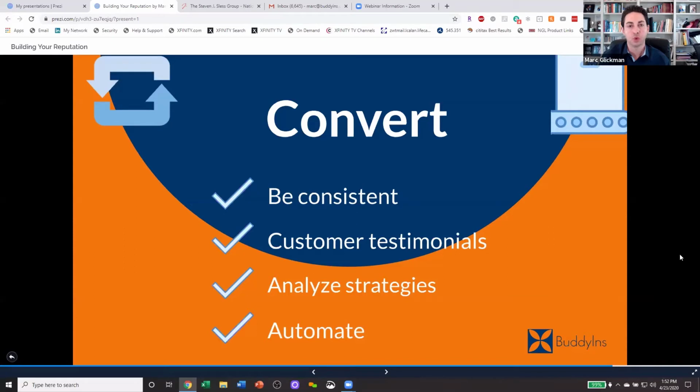We use probably 20 different technologies with Buddy INS. I call it our tech stack, but it's really a number of different subscription services that we are customizing and connecting. We're using Zapier as well, amongst a lot of other things. It's often not the first software that we use that ends up being the winner in the long run. Sometimes we have to switch different pieces of it depending on what we need to do. Again, it's that experimentation process and not being afraid to try different things.